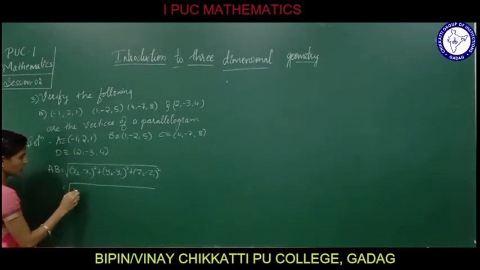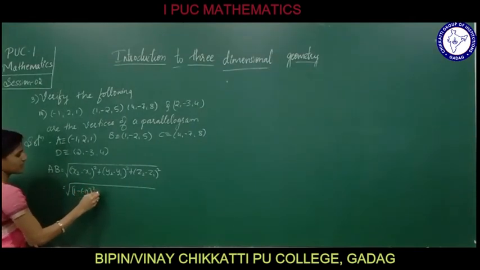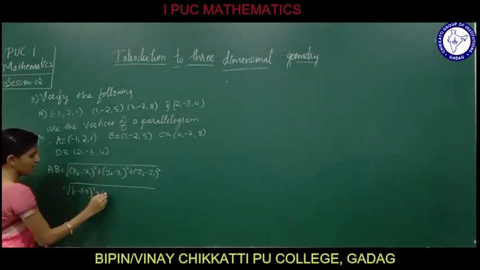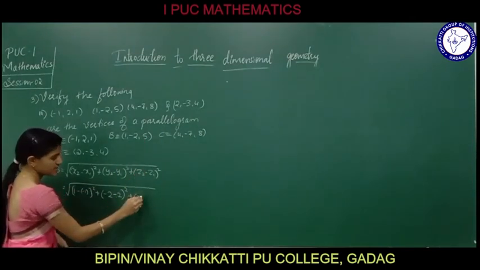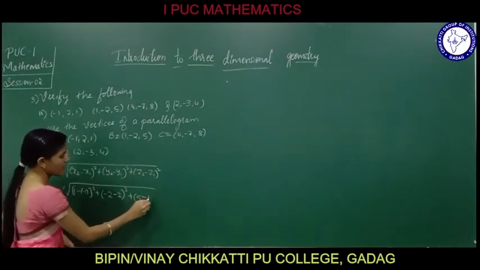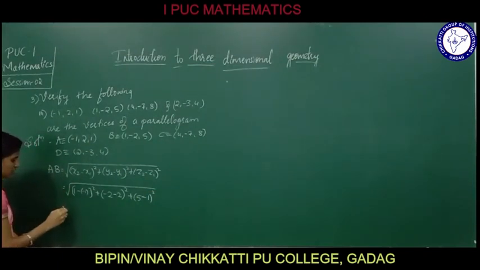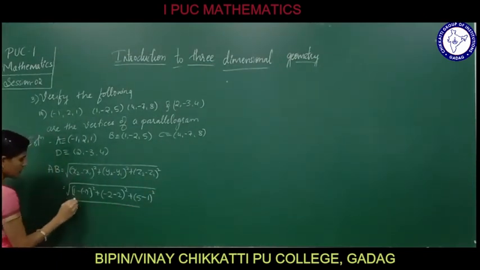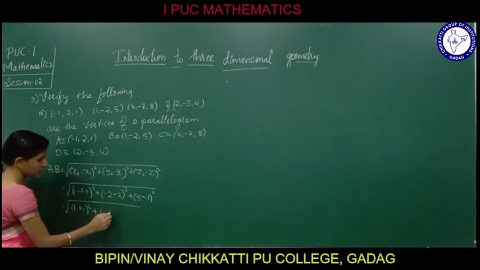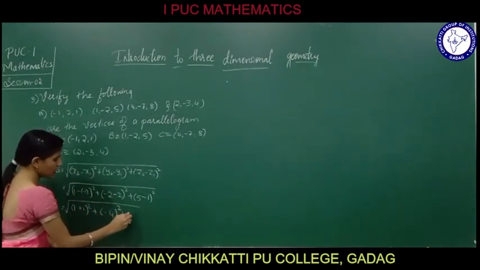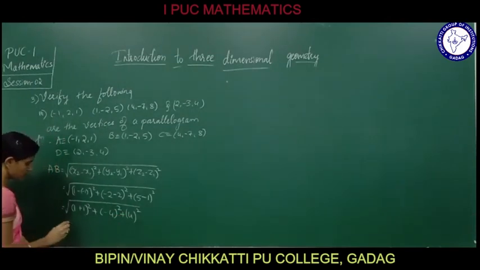What is x2? It is 1, minus, what about x1? It is minus 1, square, plus, what about y2? I have minus 2 minus 2, square, plus, what about z2? It is 5. I have a minus sign here, write down minus. Again z1 I have as 1, it's a square. That is going to be nothing but root of 1 minus into minus is plus 1 whole square plus minus 2, add them. I am going to get that as minus 4 square plus 5 minus 1 is 4 square.